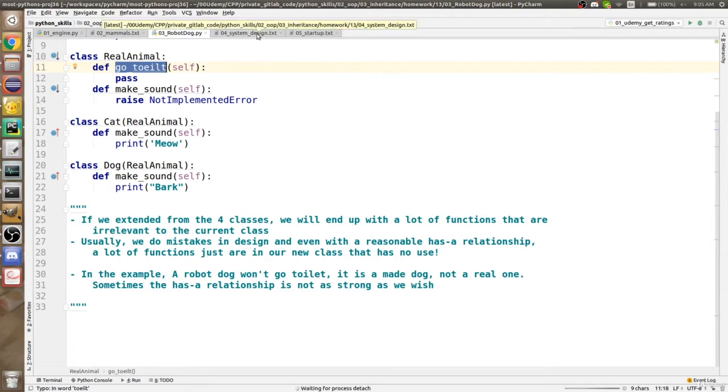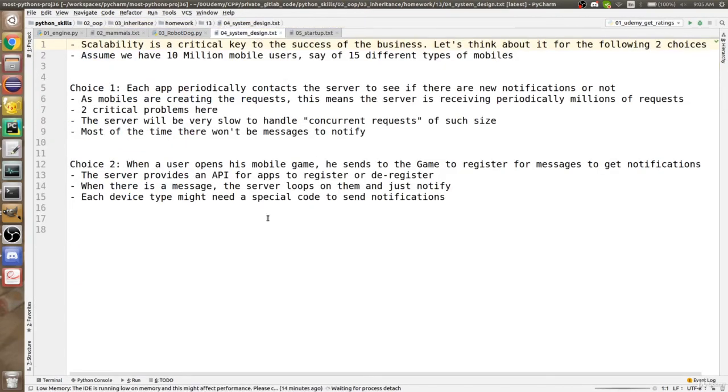The last two questions weren't really inheritance questions, more about design. I'm trying to push you to think in this direction. There is something that we call scalability. When we try to create a website, for example, we don't only think about a website that works well for 10 or 10,000 users. We think about something that scales much bigger, typically in our days. It definitely depends on your system.